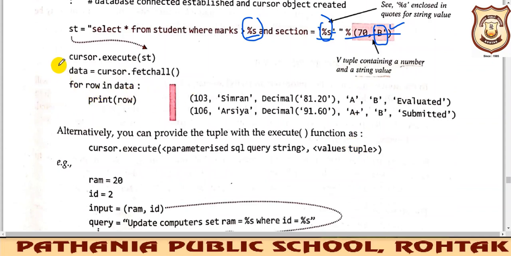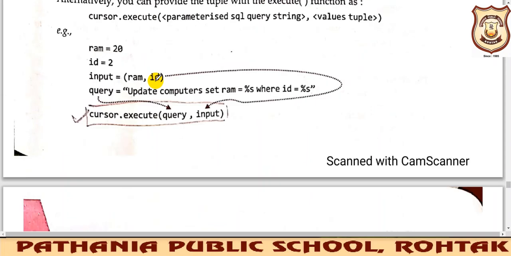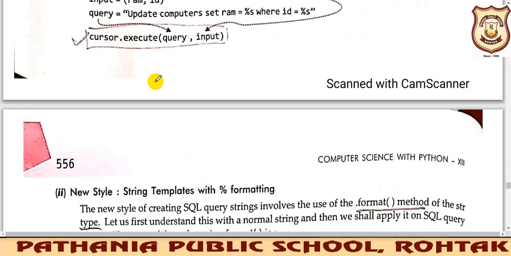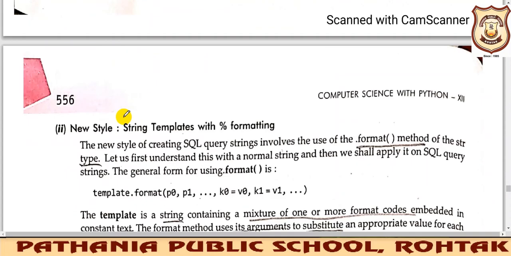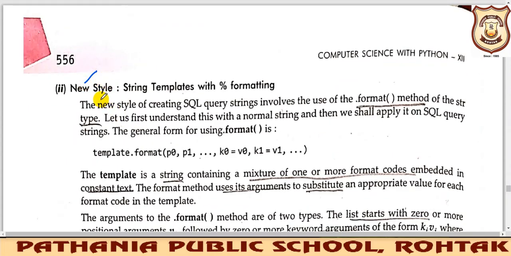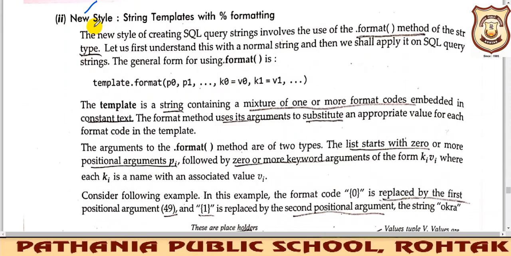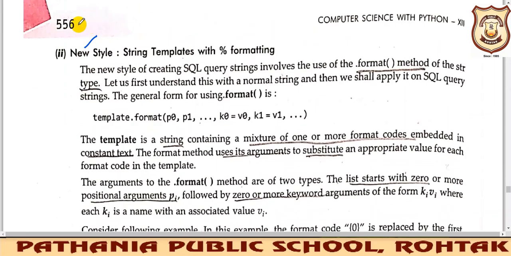So the same things that have been done we will take up. This way also we can do. We are using a variable and we are passing two values that will be replaced by this only. If you want to use an object like this which is holding two values, then when you are writing query comma input, these two values will be replaced here. Okay, this method also we are not following. We are using this method. That was for your information only, but in actual practical examples we'll be using this method.